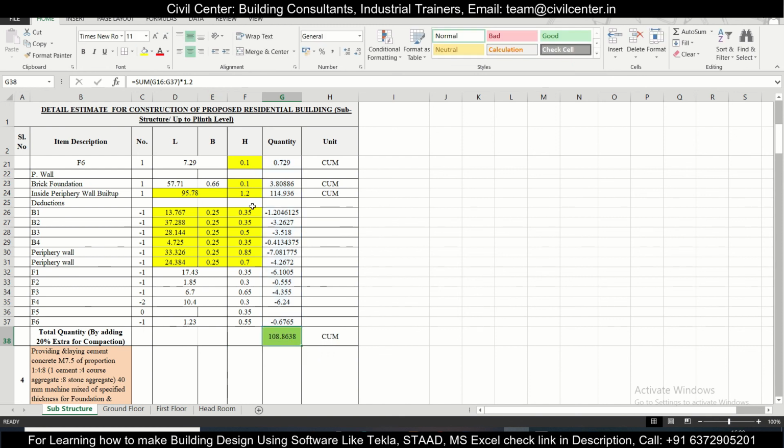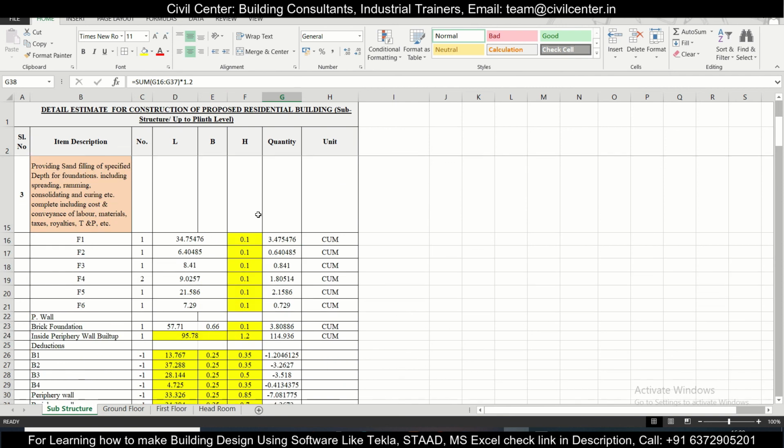So let's revise what we have done. So first of all, the quantity calculation is very simple. We had just taken the footing lengths and number of footings we had, the area of the excavation, which is taken the area of the footing, and 0.075, that is 75 mm extra on all the sides, and the height of the sand filling was 0.1 meter or 100 mm. So like this we had calculated the total sand filling here.